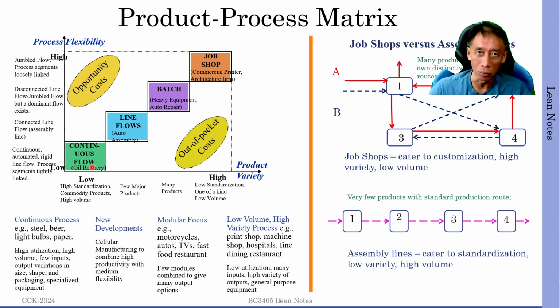The oxygen doesn't go through buckets, right? They don't go through a tank, then this tank moves to another processing step. They don't do that. They just have a continuous pipe, and then out come the filled tanks. So that's the continuous flow concept. Also, you have pipes. And if it is more discrete, like the t-shirt I was talking about, then it will be line flows, so connected lines with conveyor belts. So basically these two are quite similar